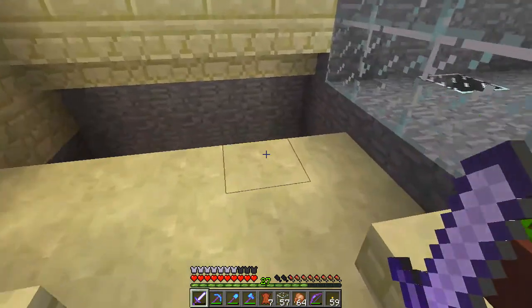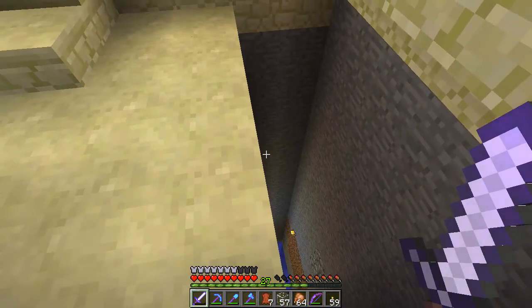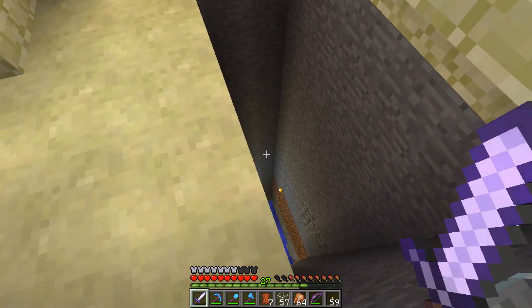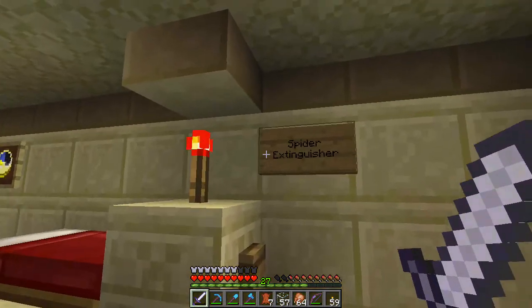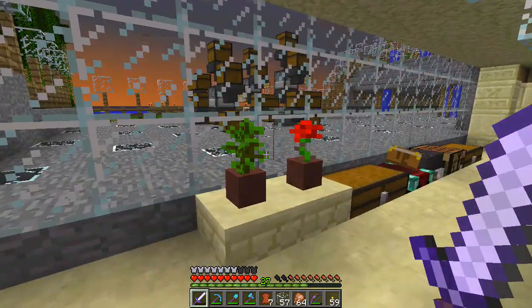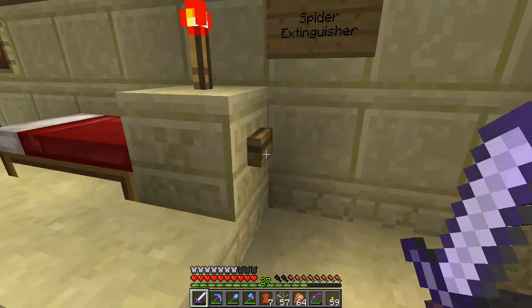But first, here is my little home. It has a nice little jump down to a ravine that I found, an underground ravine. Oh, this is because I find it very annoying when spiders are walking on my head. They just won't shut up and they keep yelling, so